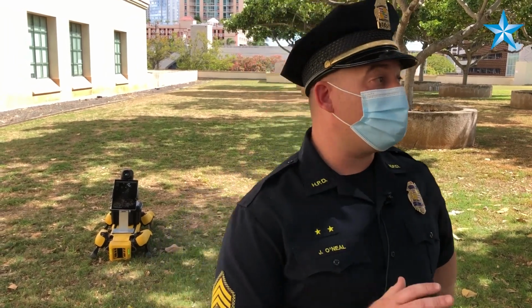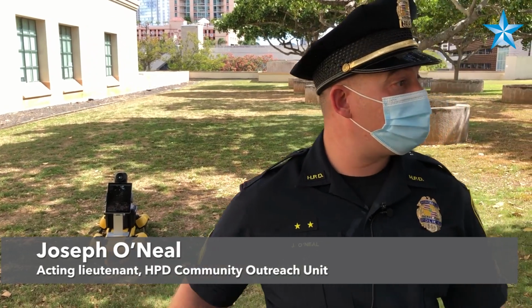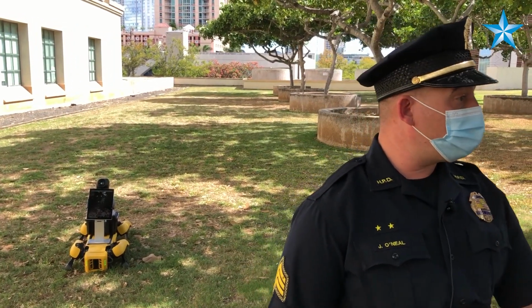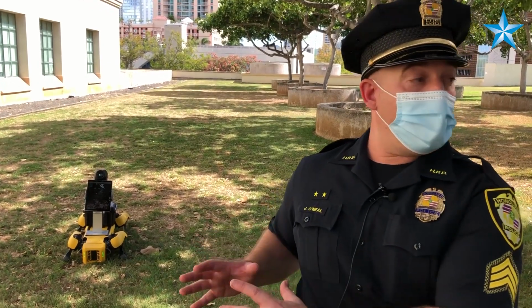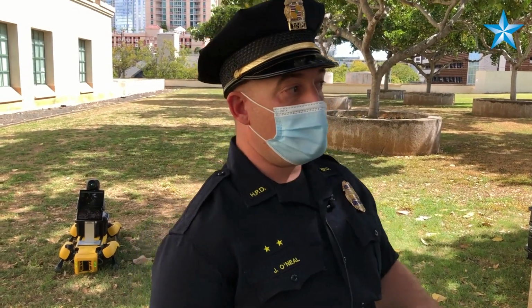This is not a toy, it's an industrial robot. It's a robotic platform, and I'll show you that later with the rails, that you can attach pretty much any third-party payload to do the mission that you need to do. The mission in this case was for a robotic platform to autonomously walk between quarantine zones, set up in locations